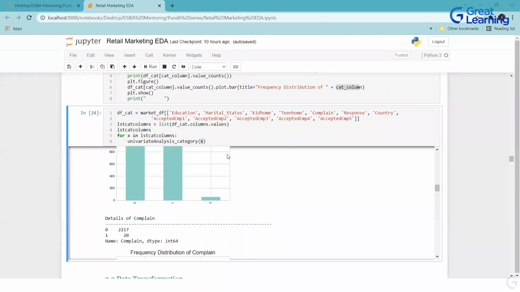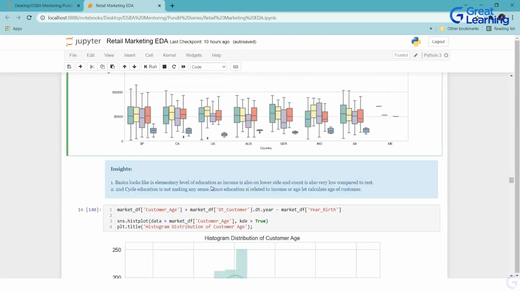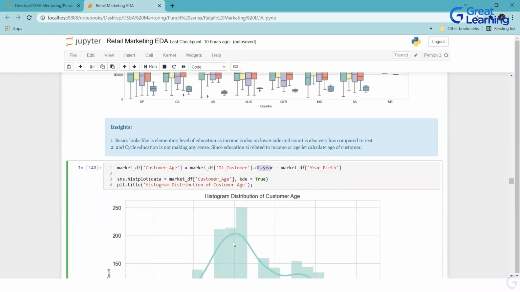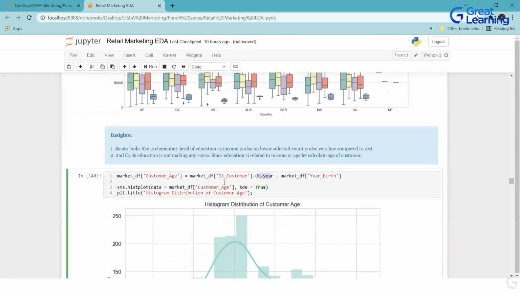We will come around to the age column. I will show you that, Balaji. Hang on for a while. The year column is there, 2008, 2009. So what I did is create a customer age column: the year the customer enrolled minus the birth year. These are date columns, and I am taking only the year from them because this is a complete date. I take only the year from here and the birth year and just subtract. I get the age, and I'm plotting a histogram for you guys over here.